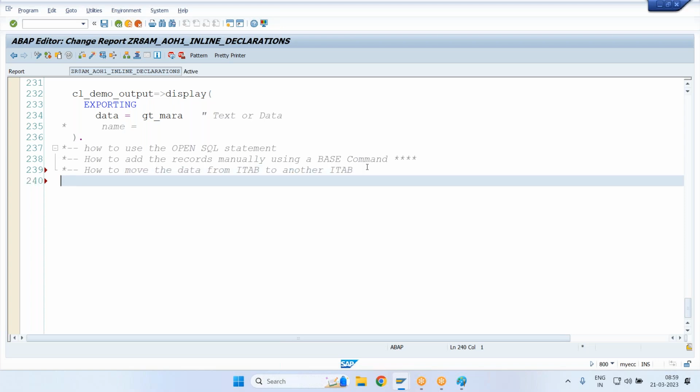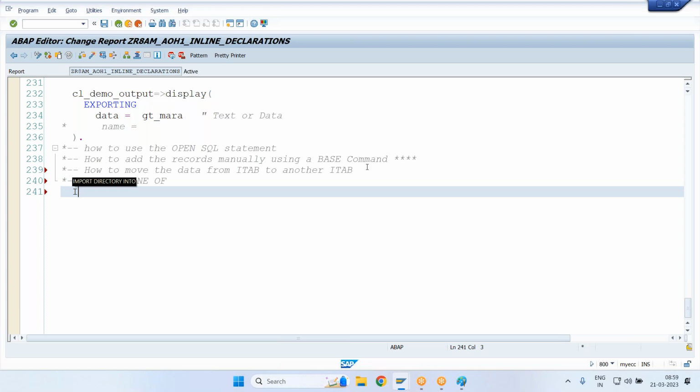So in old style, what will you be writing? You will be writing append lines of. But in new style, you do have direct assignment. Directly you can pass it. If I say itab1 equal to itab2, whatever values are there in my itab2 will go ahead and sit in your itab1. But this is moving of your data. So this we can use in old style